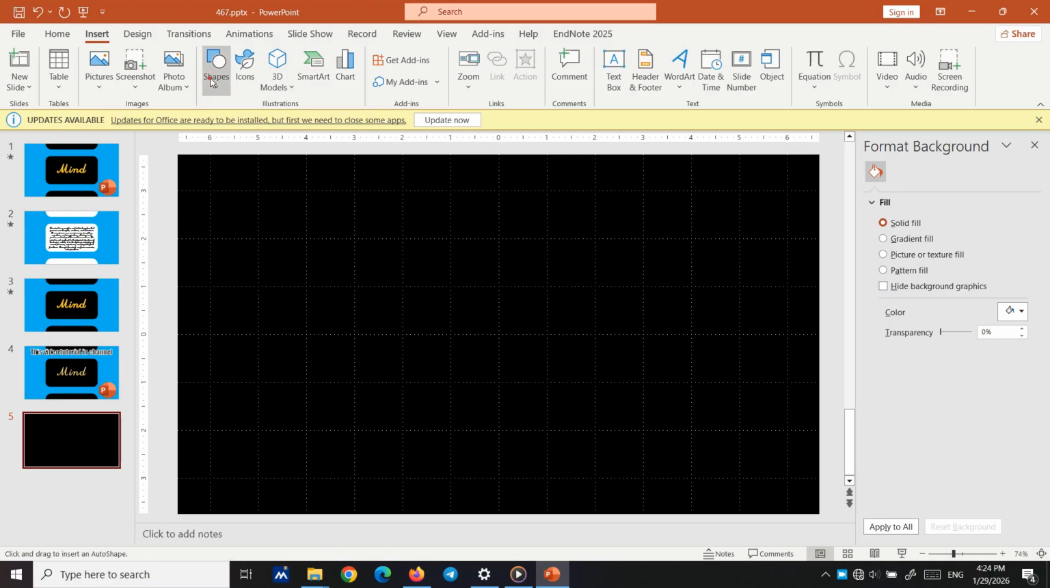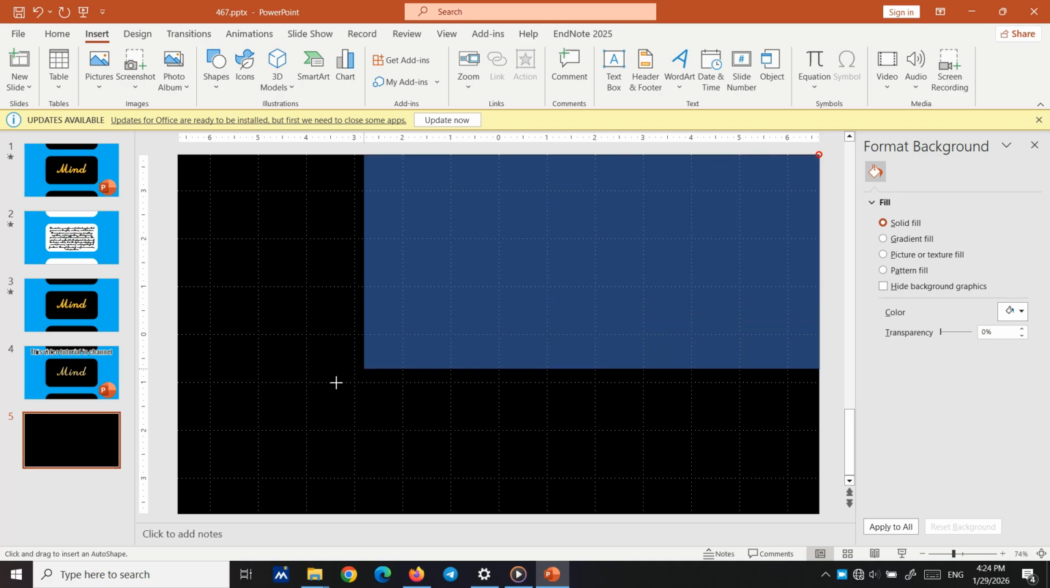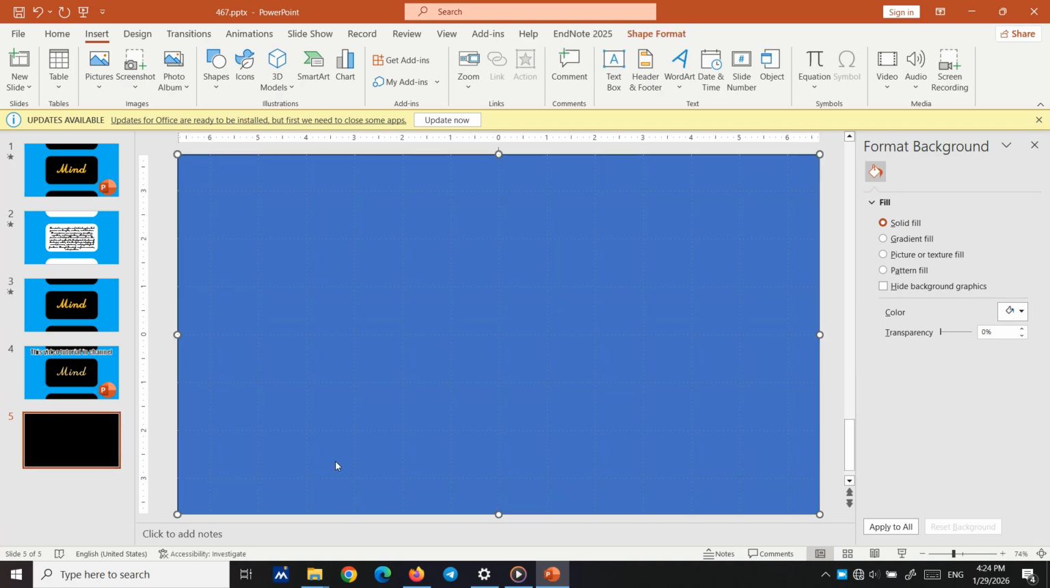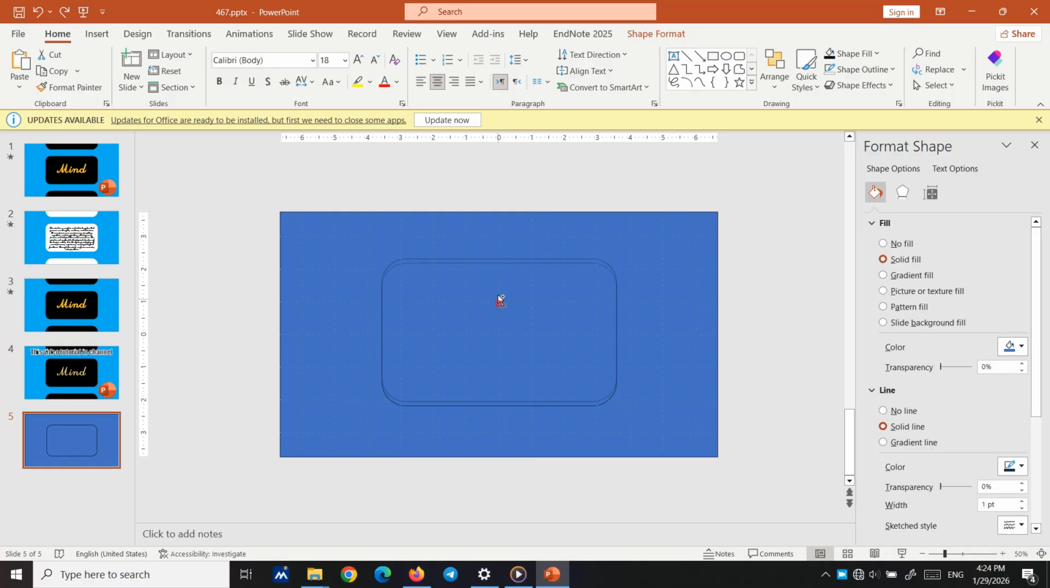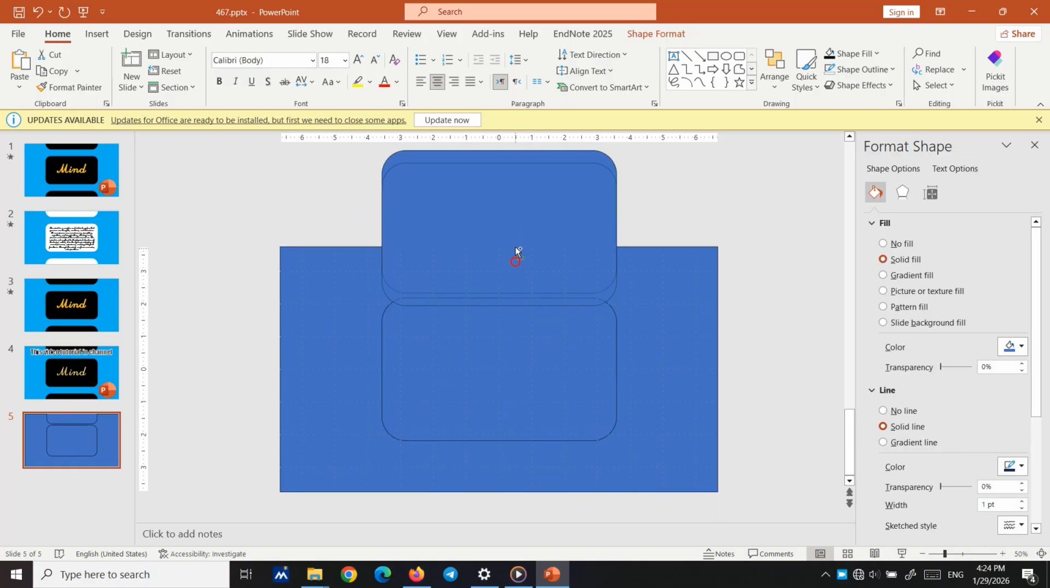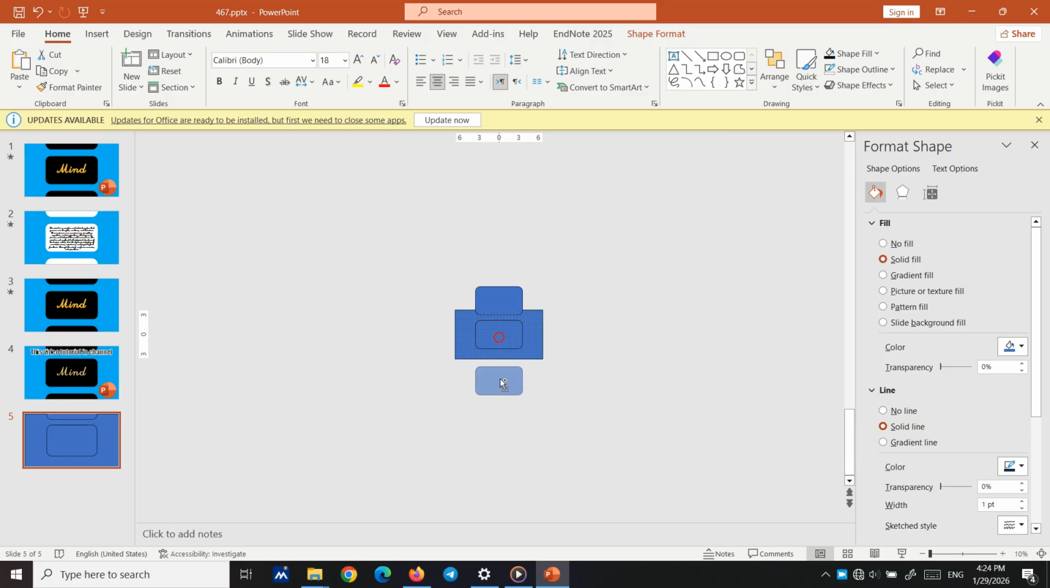How can we create that format? It's really easy. We need to create a rectangle, and after creating a rectangle, you need to use this shape. Create one here, and then align it center, align it middle, and hold Ctrl and Shift, create a copy of that, and hold Ctrl and Shift and bring one here also,